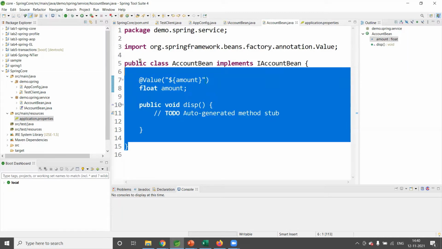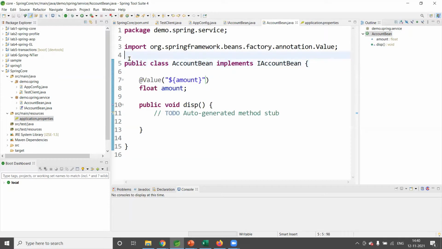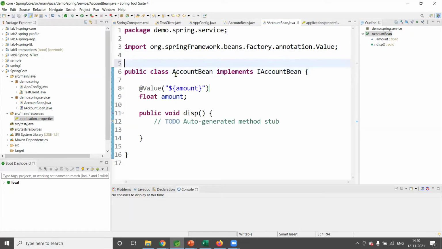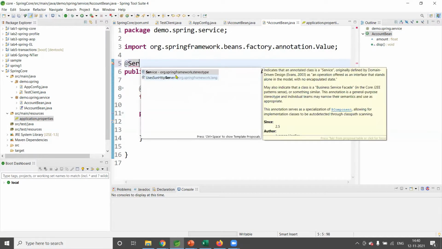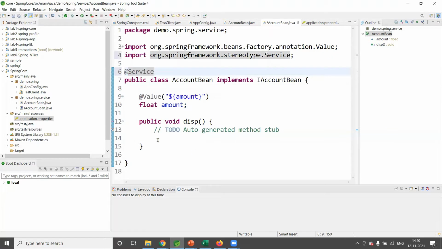Then we can make this an @Service. Otherwise, it's just a POJO class. Spring will only detect this class if you put some stereotype annotation. Let me put @Service. Okay. And inside this, it will just return the balance. Because it's a void method, I'll say System.out, and just print the amount, account balance, anything.